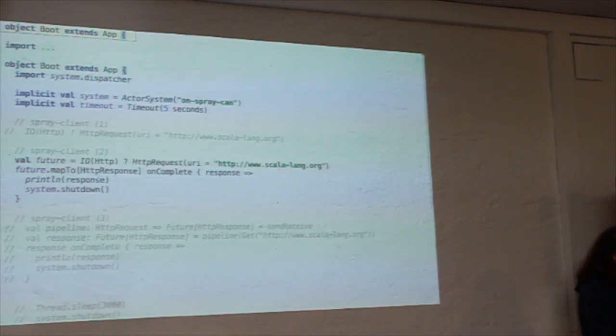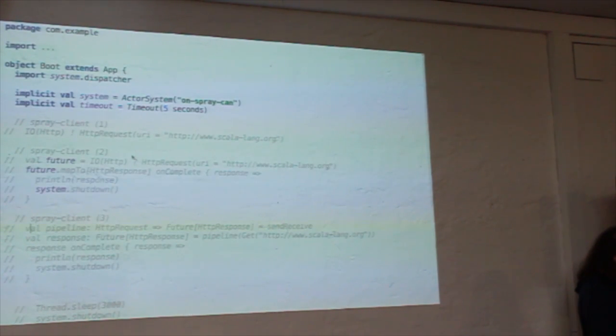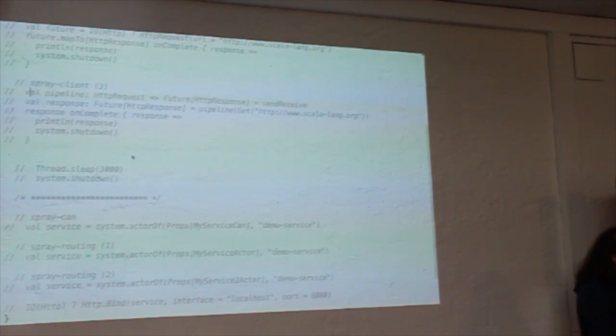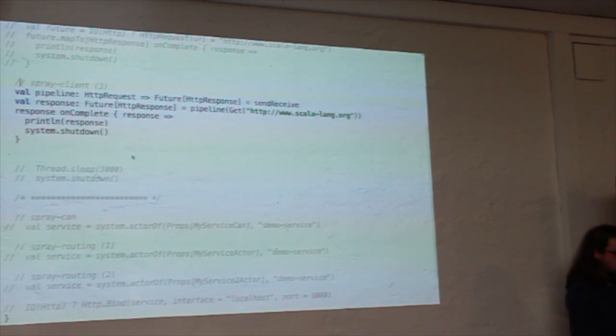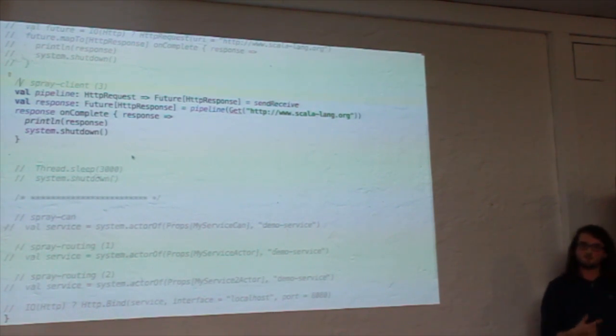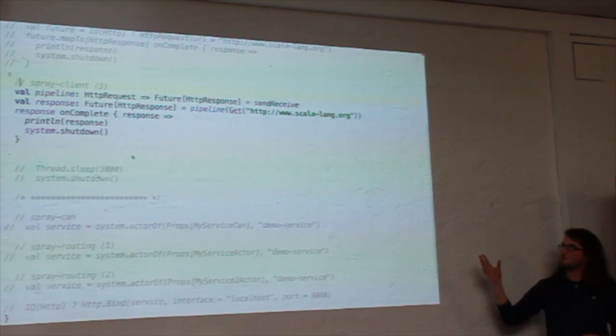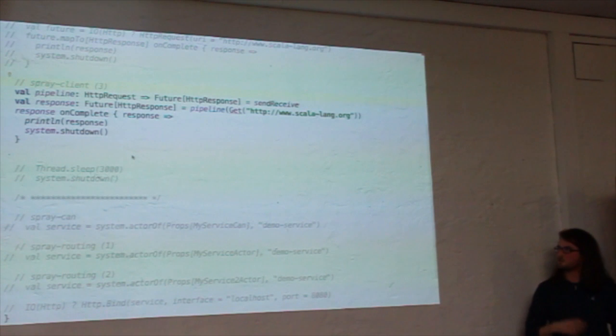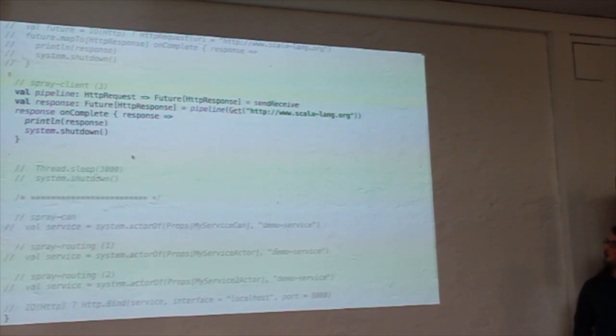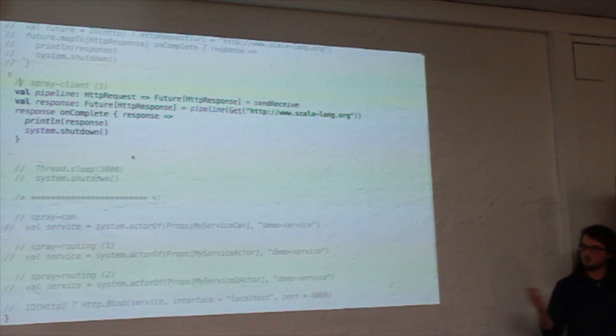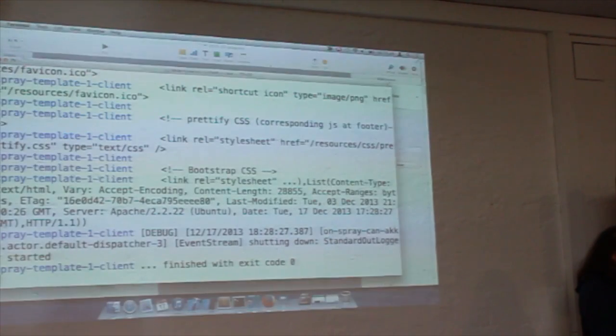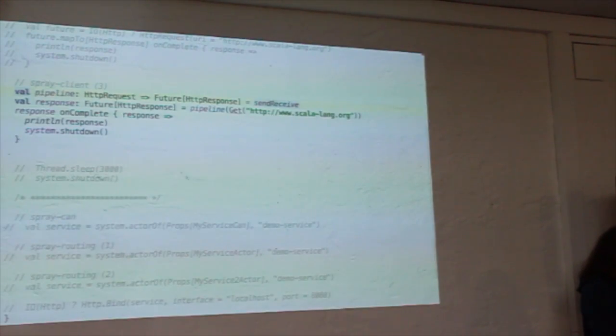All right. But there's also another way, which is the one you probably will use, which is through pipelining. Spray provides the sendReceive thing. You see up there, it's a function that gets some implicit parameters, which we have to declare up there. And we also get a future back, but in this case the future is already typed. And you could do a lot more with pipelines, so you could actually state if it is compressed or not and what you want to do. But this is the basic thing, and it does exactly the same. So you get a future back and then request it, and in the block there you can print the response. Actually it did just run, but it more or less provides the same, so let's skip that.